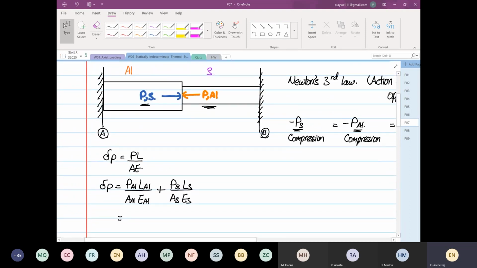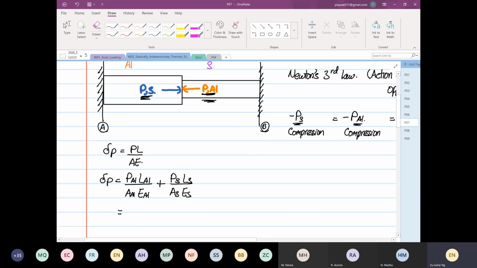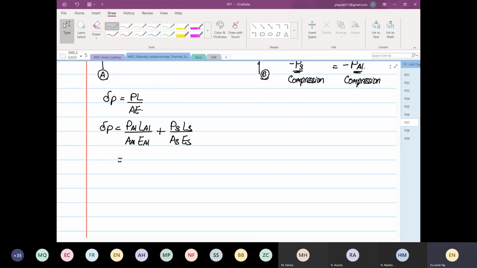Now, why minus? Because the load, the P of the aluminum is going to induce compression. That's why minus. The P inducing on the stainless steel is also in compression. That's why both of them are minus. Okay, so you just put minus P times by 0.3, which is the length. And the cross-sectional area is what? The cross-sectional area is 2000